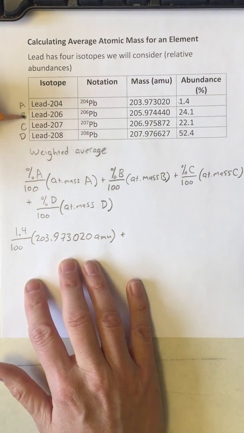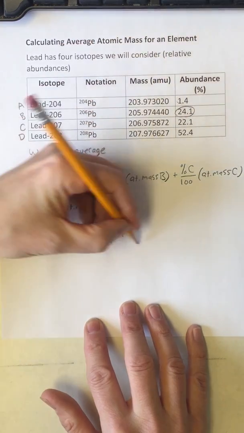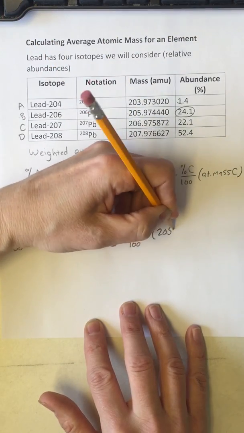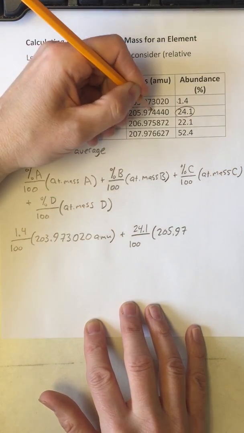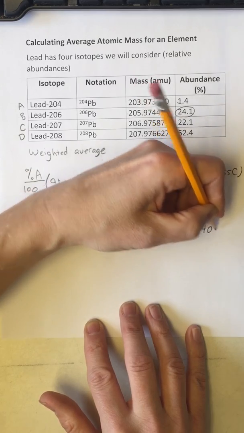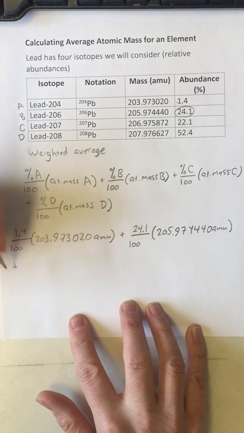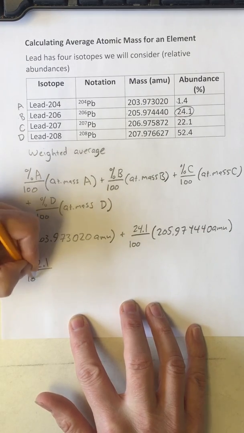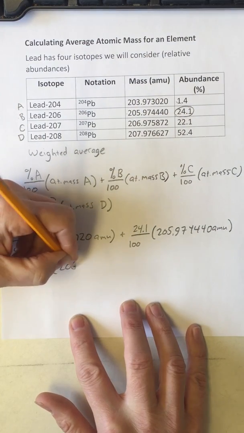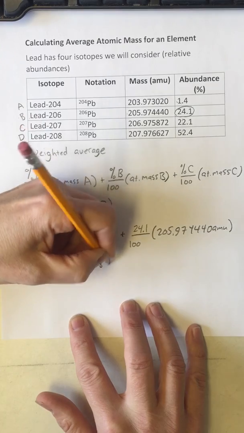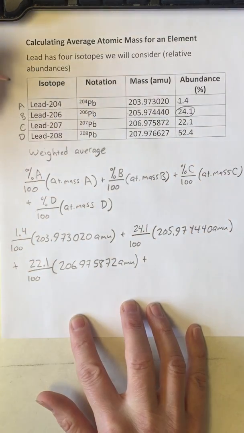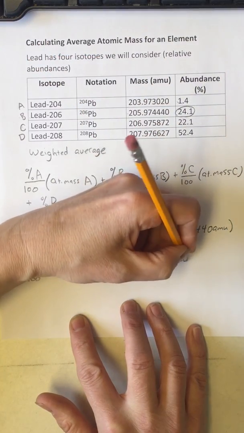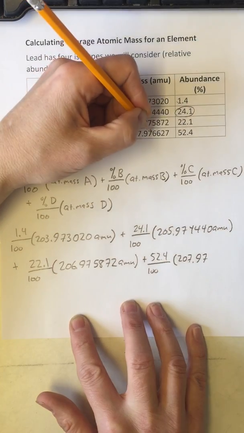Now we'll do the second isotope. Second isotope is lead 206. Lead 206 is 24.1%. So 24.1 over 100 times its atomic mass, 205.974440 AMU. Okay, we're going to add that to the third one. The third one is isotope C, or lead 207, 22.1 over 100 times 206.975872 AMU. And then we got one more, which is lead 208, 52.4 over 100 times 207.976627